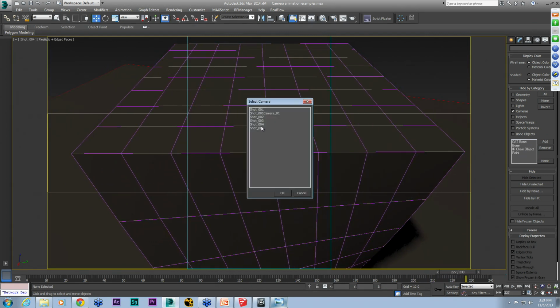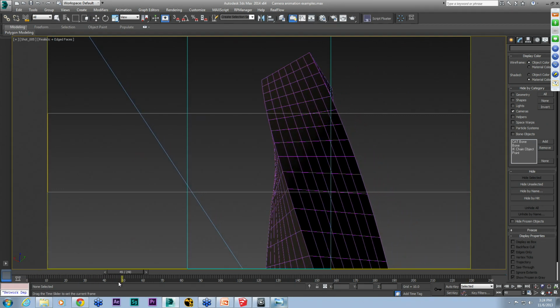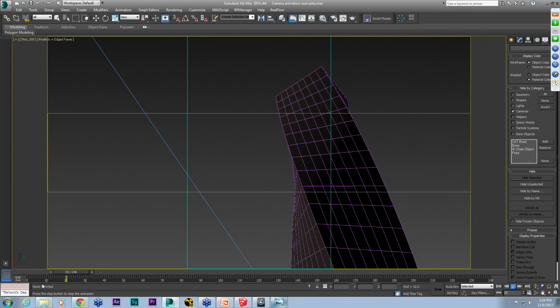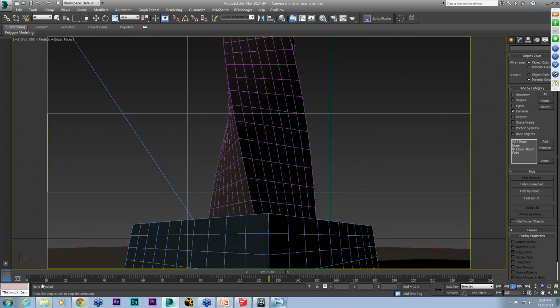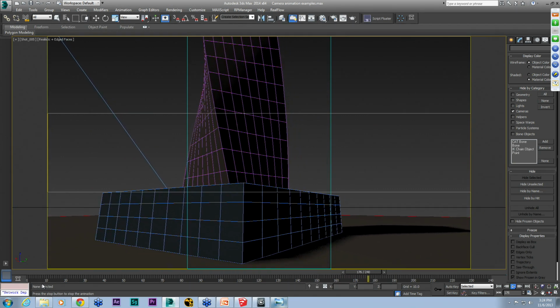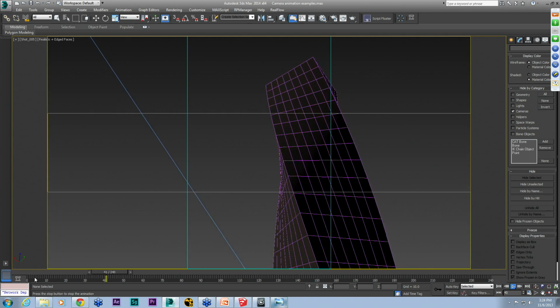Clone it again. And then we're at the base of the building, and we come down. This last camera does have an ease at the end, because you want to be able to come to a stop, come to a rest,